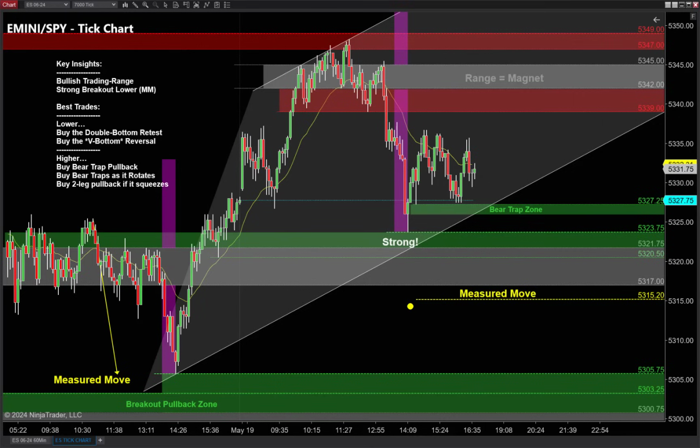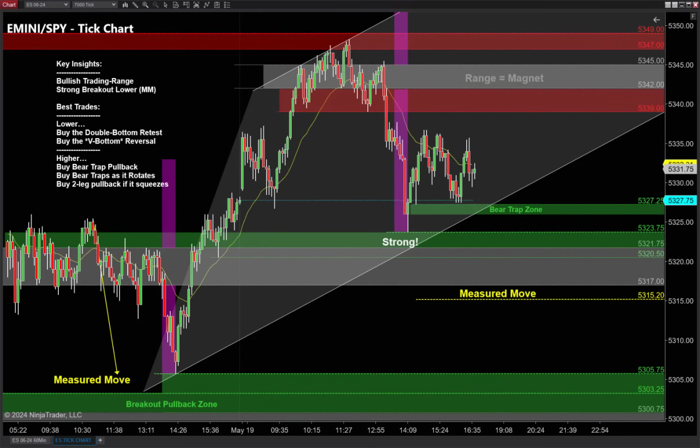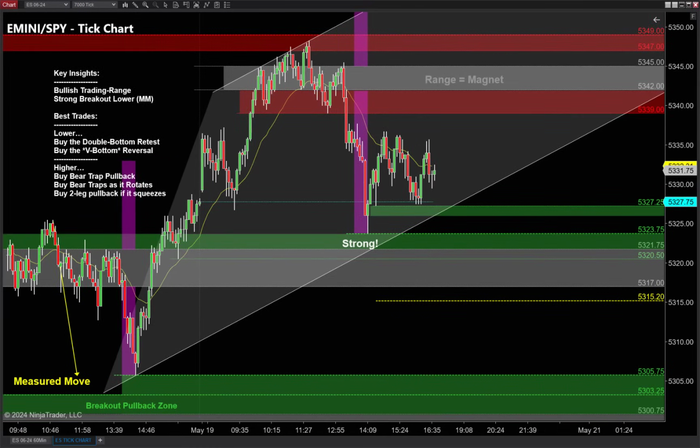So with that said, we're expecting this range overhead to try to drag the market higher and potentially complete a big symmetrical pendulum swing going higher up there, but we have to think these bears have a lot of that short-term momentum, and it would be in our best interest to respect that momentum. So, knowing that is the case right now, I would love to go lower, take out that low, or even better, take out that measured move, really anywhere down around this area. Let's get this trying to go lower, and then what I'm looking for tomorrow morning in our trade room is